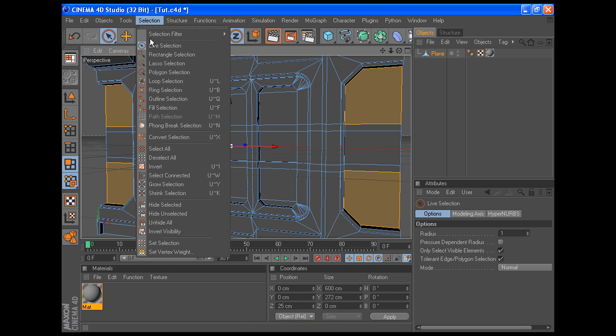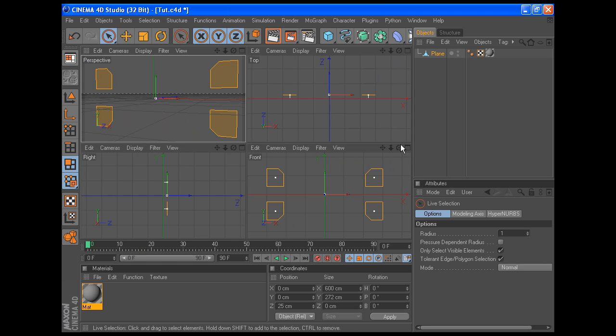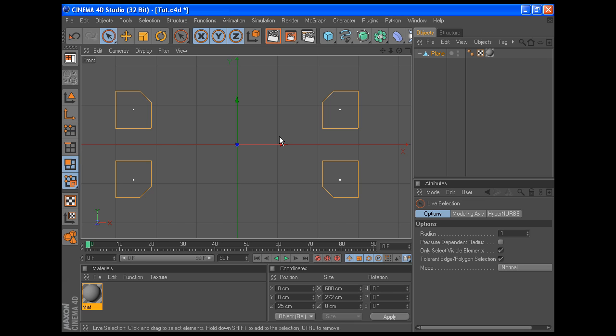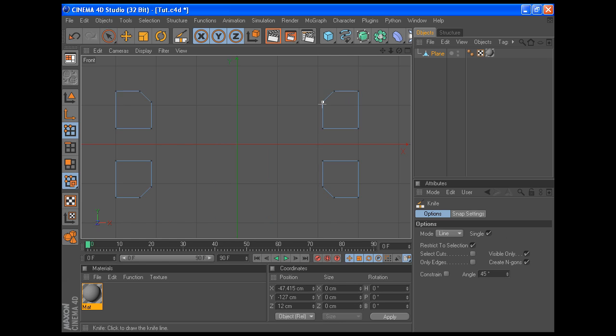And then we're going to go back. Be very careful because you might screw it up. Just do as I say, don't press anything else, and go to the point selection here, right click, choose knife. Select this point, hold shift, drag to the right. Select this point, hold shift, drag to the right. Select this point, hold shift, drag to the right. Select this point, hold shift, drag to the right. Then you can go back to your selection and